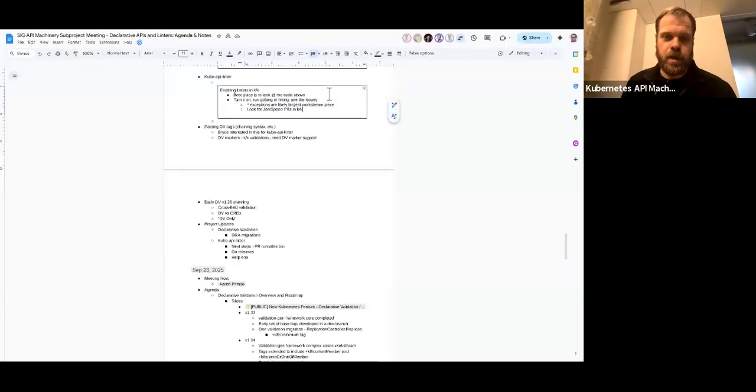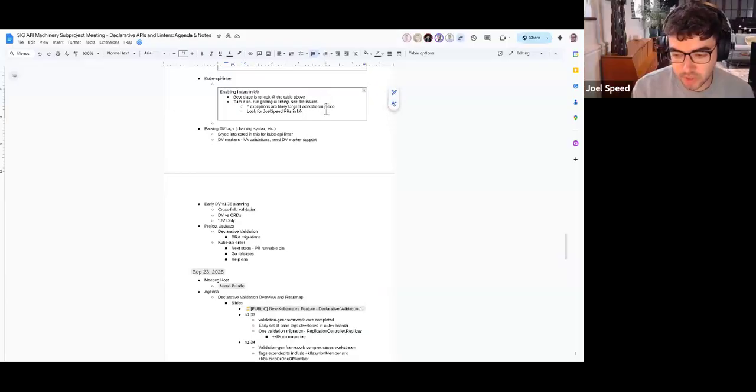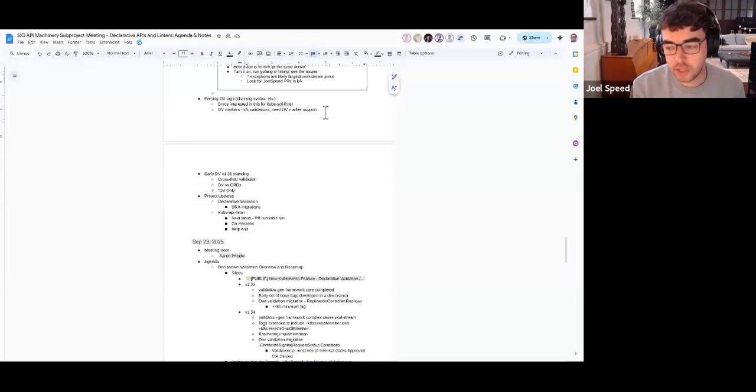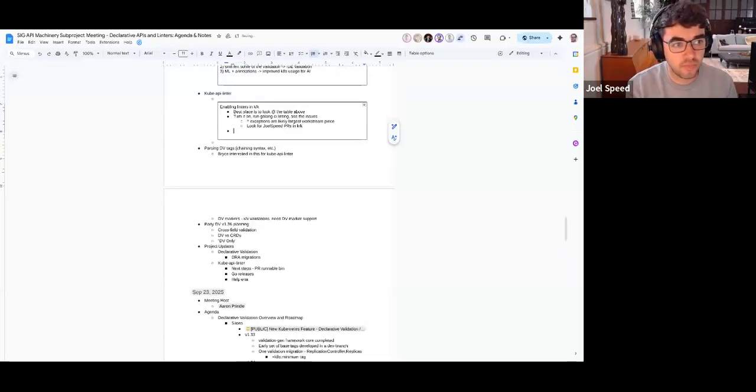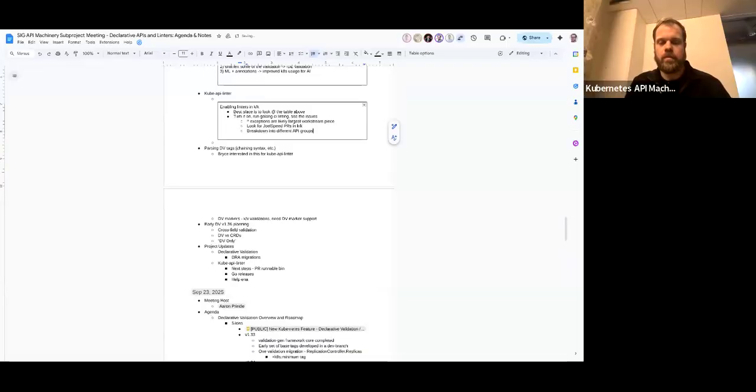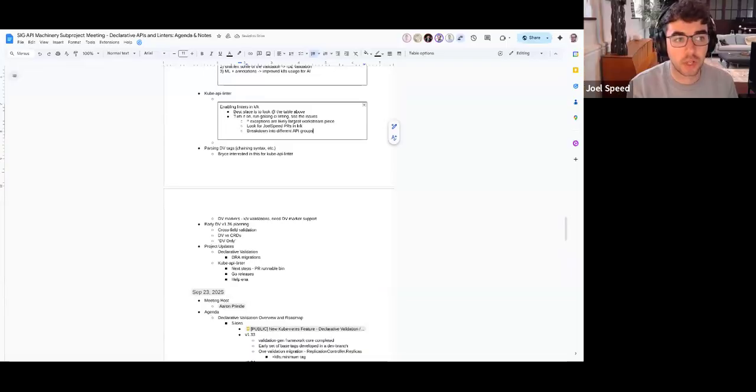I think one of the interesting ones to do might be the optional or required. If we were to break that down into different API groups and different people looked at one API group at a time, and that only had like 20 things per API group where there was an exception, those would be a case where you can spend the time to work out what is correct here. Should this be optional? Should this be required? That might be a good way for us to tackle that one, because I know that's important for the DV project as well.